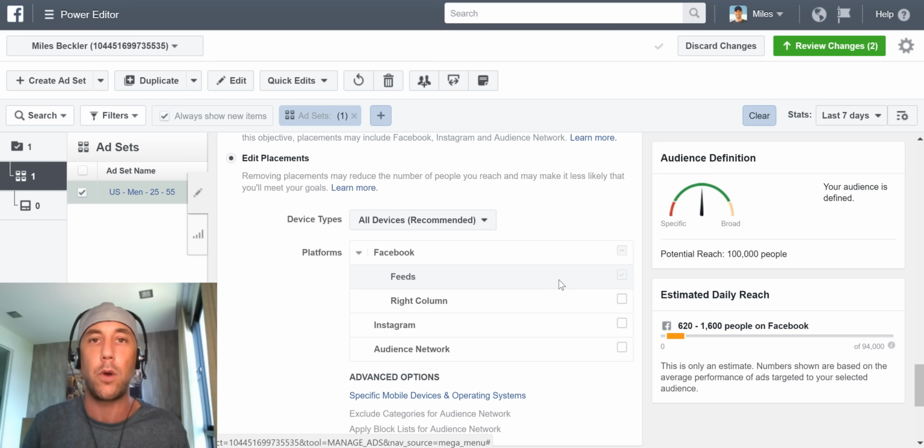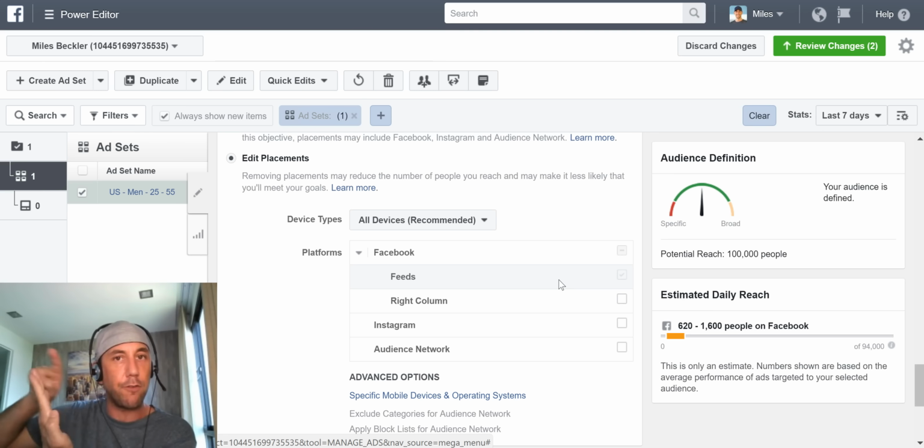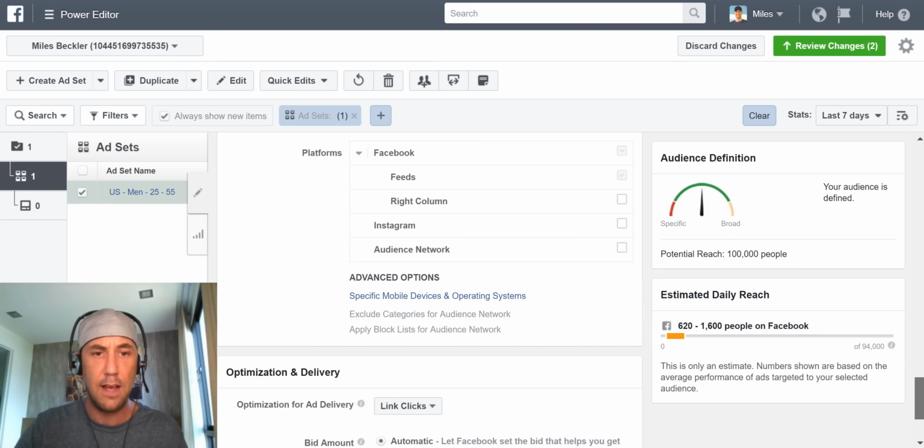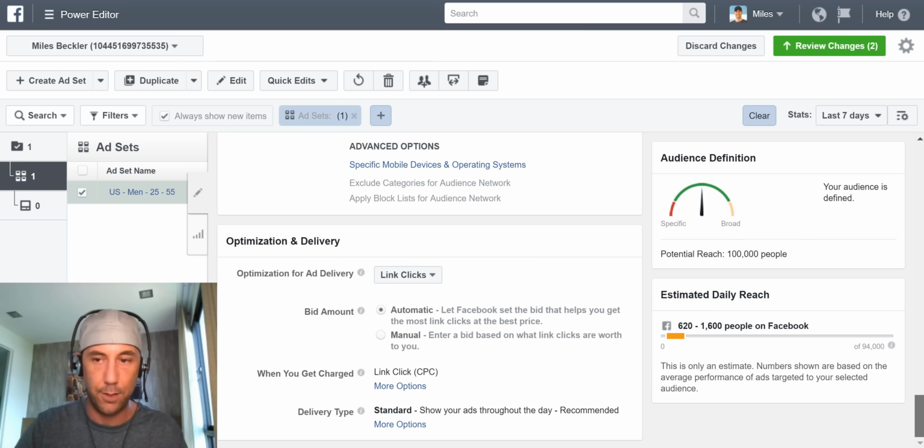It's a sponsored post. People are scrolling through on their device or scrolling down on their computer, and my ad shows up just like one of their friends' or family members' posts on Facebook. It's exactly what I want. It costs more for this, but I'm willing to pay for that because it's the kind of exposure I want for my ads. And down here, finally, we get to the last step, which is how do we optimize